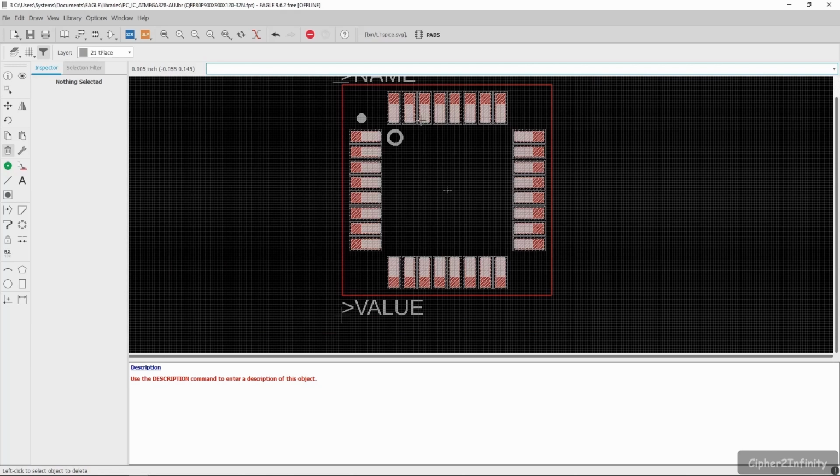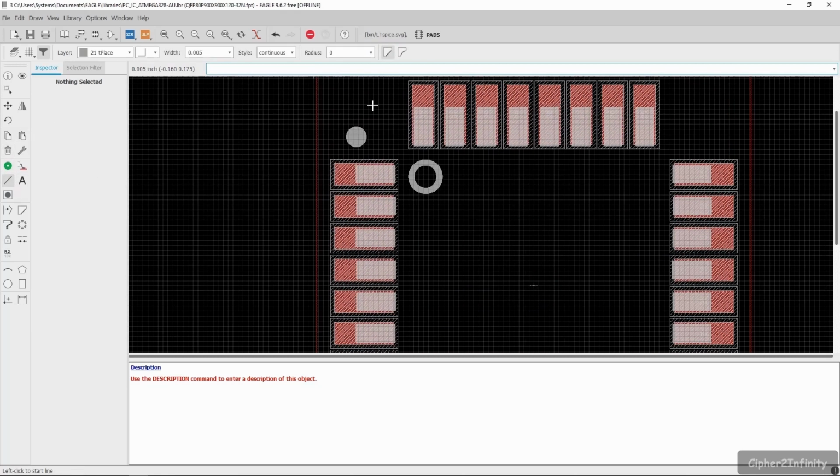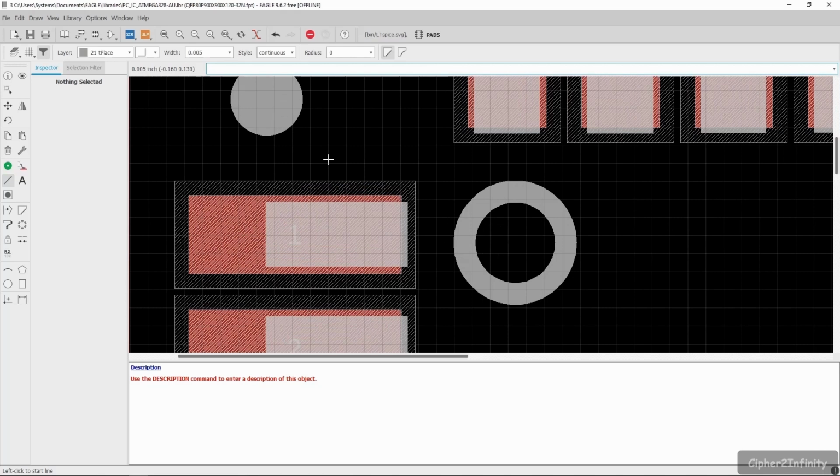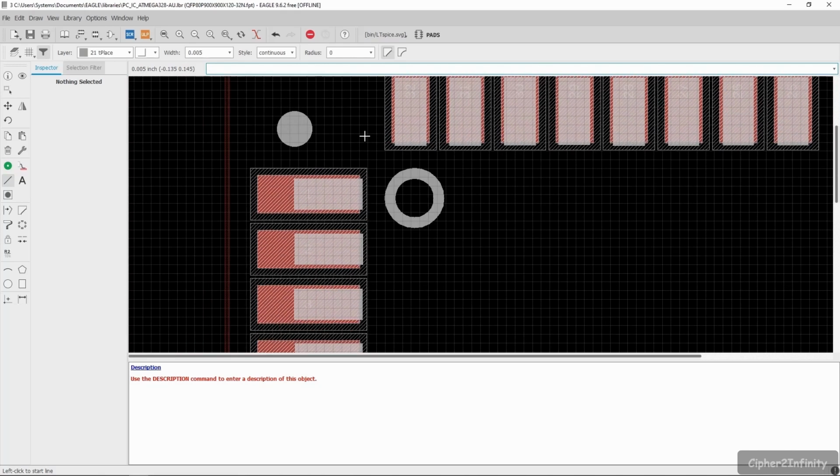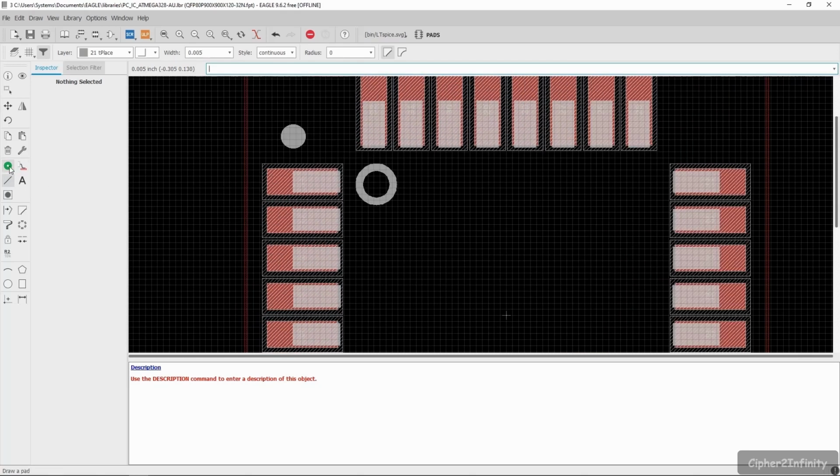Whenever a person who will solder this particular component or this IC on the PCB, actually this cell screen is going to guide him to place that particular IC on the PCB. So for that we are going to draw a cell screen which will actually guide him to place the IC on this footprint. And whenever I draw a cell screen around the component, you can consider this as a standard, lot of people follow this. The thickness of the line that you will use, it's going to be 0.2 millimeter.